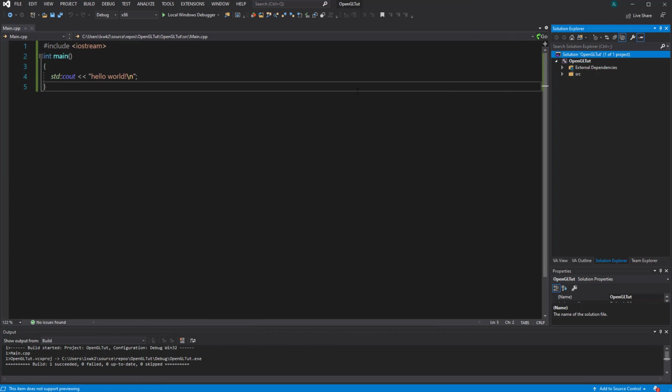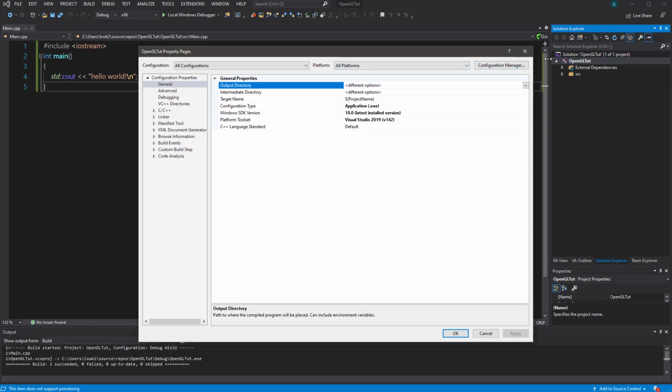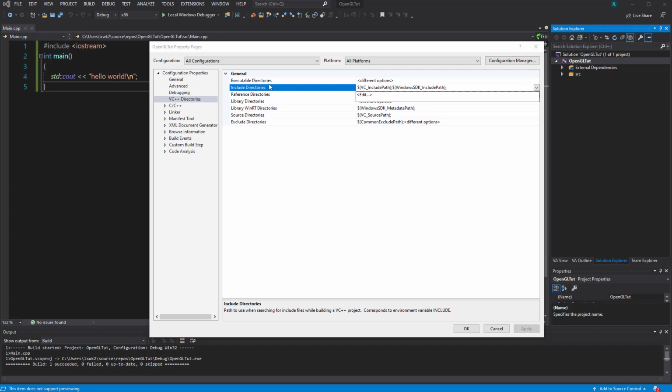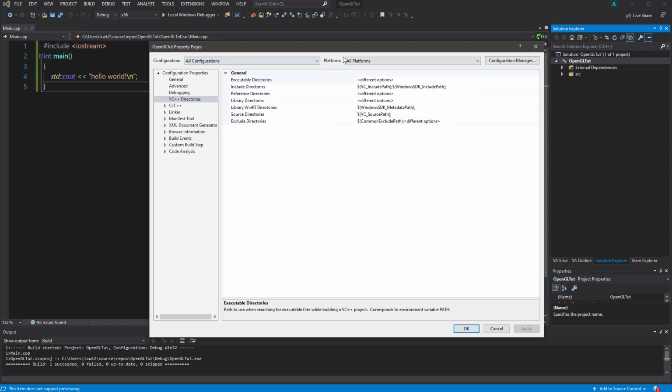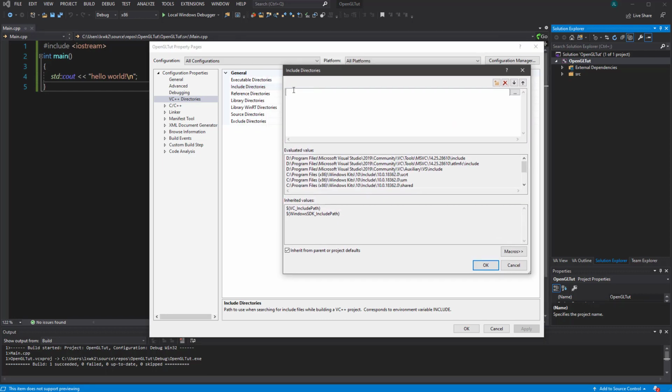I'm gonna minimize that, and then I need to start trying to set up the connection. So I right click here on the project and go to the directories, and here in the include directories, I need to change that to all configurations, all platforms, just in case. Right, in the include directories, I'll have to add that extra directory I added. So that's gonna be $(SolutionDir), right, and then vendor, and then